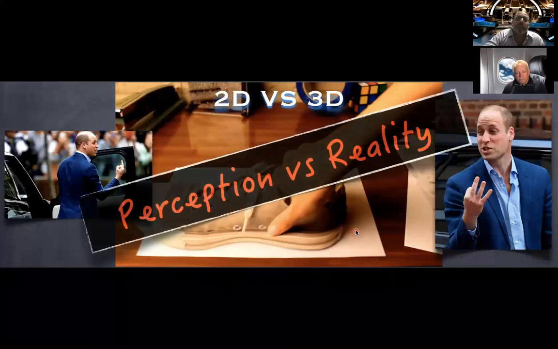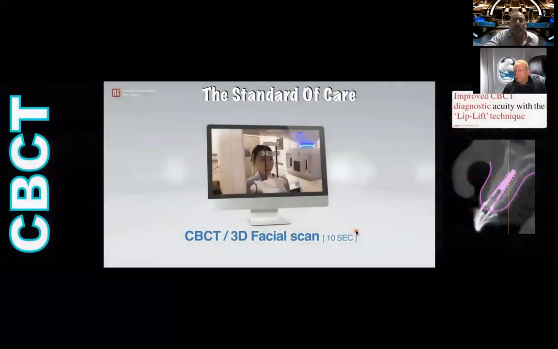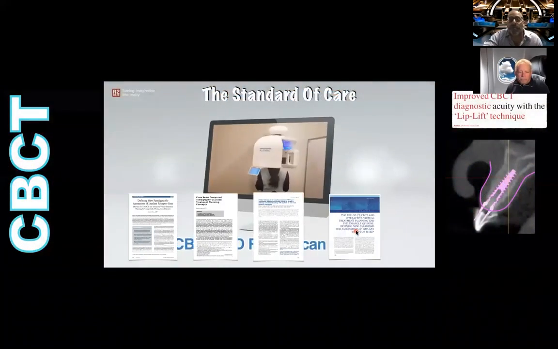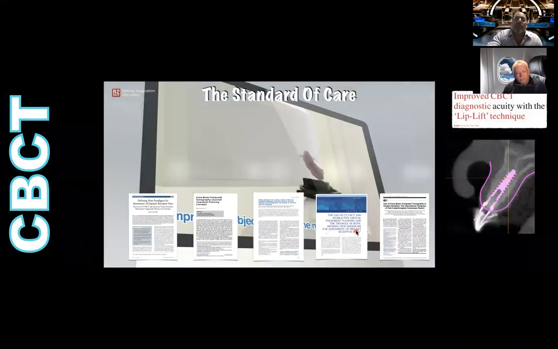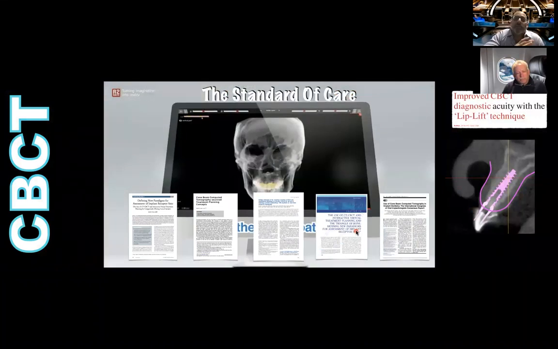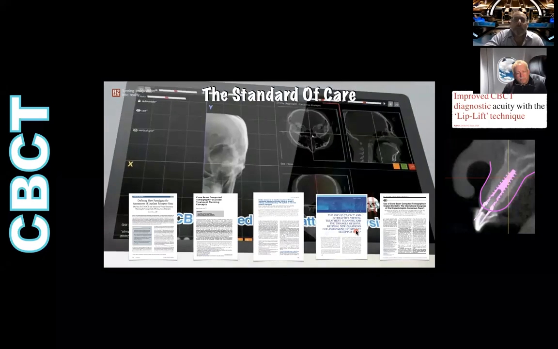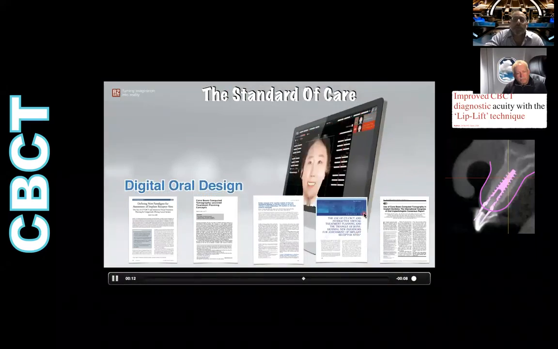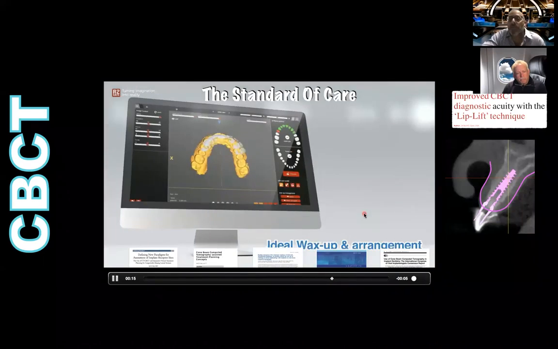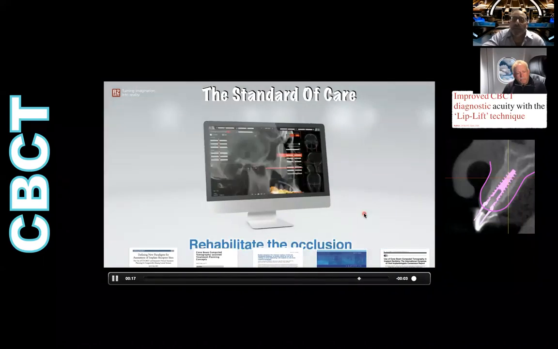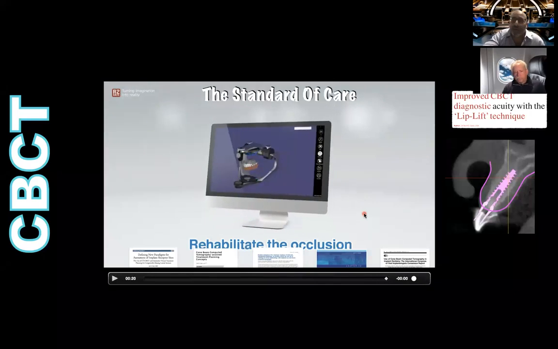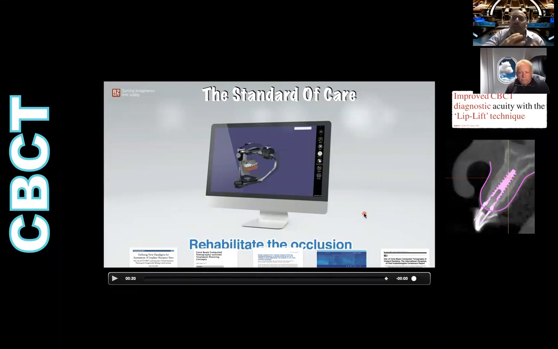And so we need something that's going to give us a more 3D perspective of what we're doing so that we don't have this problem of perception versus reality. And the AAOMR has felt that this should be the standard of care and is the standard of care. And we are doing more and more work with these cone beam devices so that we can have these 3D technologies. We can do digital smile designs. We can do facial scanning. And once we have all the information at our fingertips,